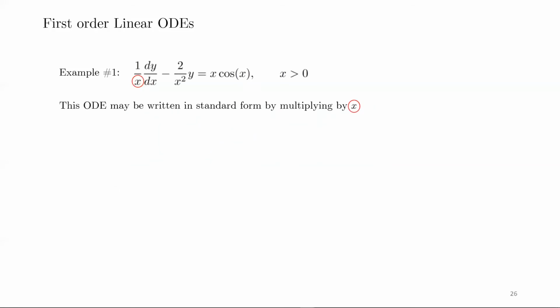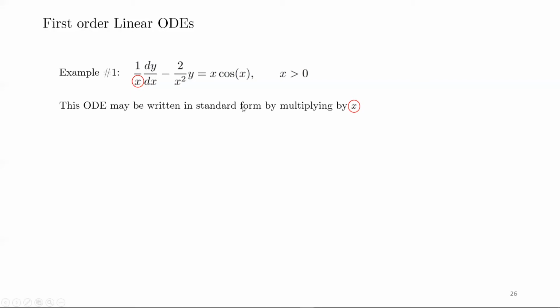Okay, so the example 1 here: 1 over x times dy/dx minus 2 over x squared times y equals x times cosine x. So this is clearly a linear first order ODE. dy/dx here is linear, and there's no multiplying terms. It's not multiplied by any function of y, only of x, which is the independent variable. y enters here linearly, and there's no y's on the right hand side, so it's clearly a linear ODE,